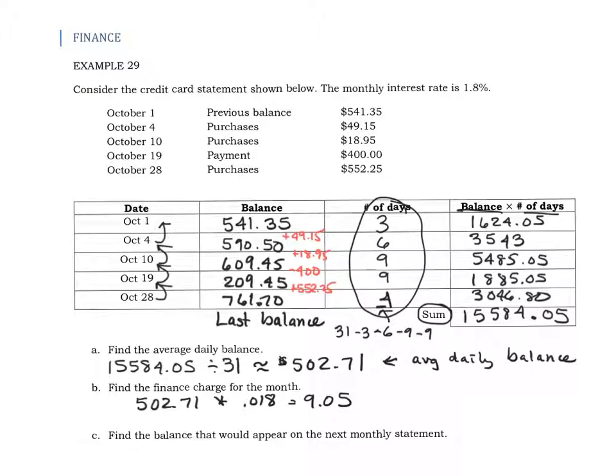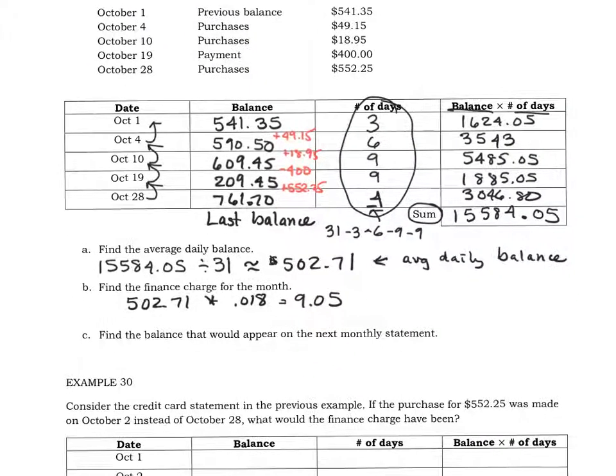Then let me scroll up a bit here. This is an area of difficulty. Find the balance that would appear on the next monthly statement. So we know we have interest, but what do we add that to? We don't add it to the average daily balance. We add it to our last balance right here. And that gives us